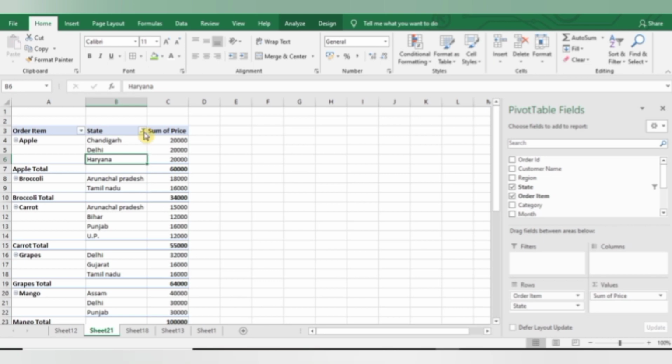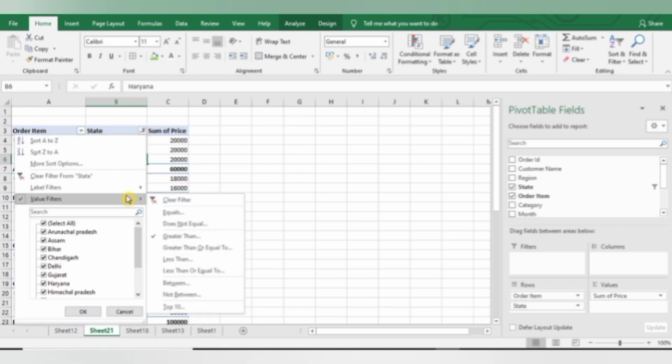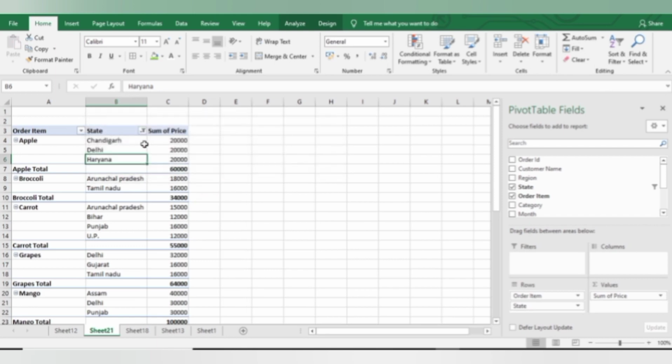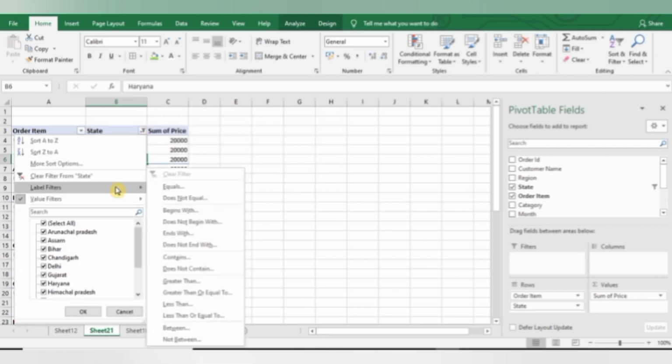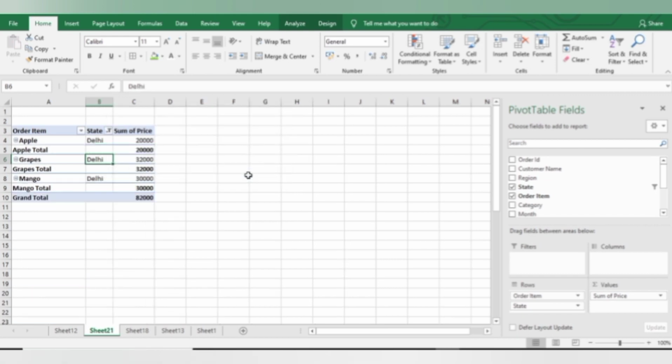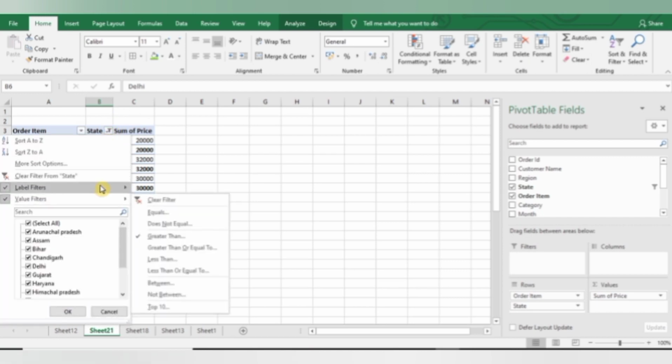Now again apply filters, like I have already applied value filters greater than 10,000 and then press OK, and in label filter I want equals to Delhi and then press OK. So now it is showing me the data for Delhi, and in Delhi also I am getting the results of the prices greater than 10,000. So this is how you can apply multiple filters in your data,